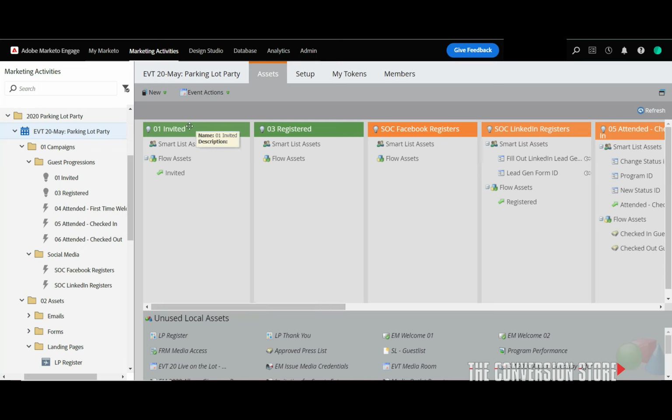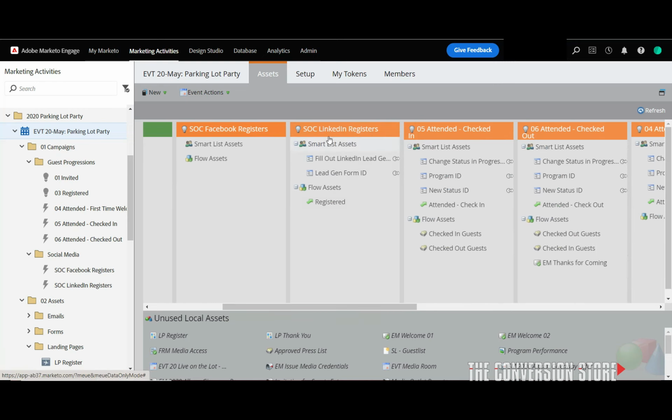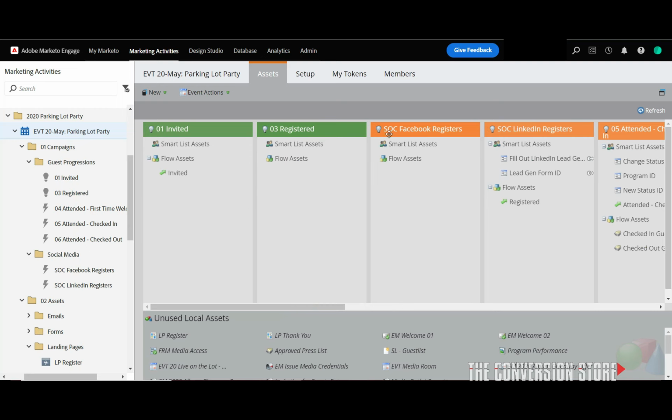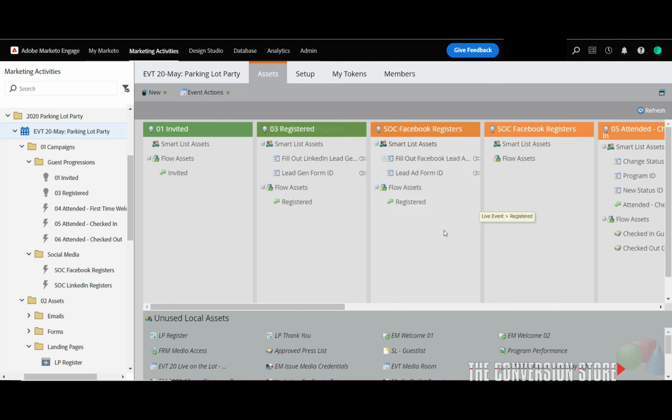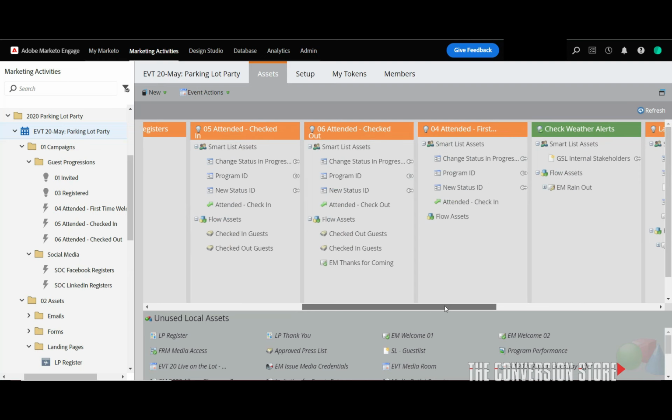So what is happening to somebody who is invited to this concert? What is happening to somebody who registered to this concert? What is happening for somebody who filled out a Facebook registration form on Facebook itself, or a LinkedIn registration form? And these are ordered, by the way, you can change the order of them by just dragging and dropping them and moving them to different areas inside of your Marketo instance. So just keep in mind that it doesn't have to be ordered in the way that you see it